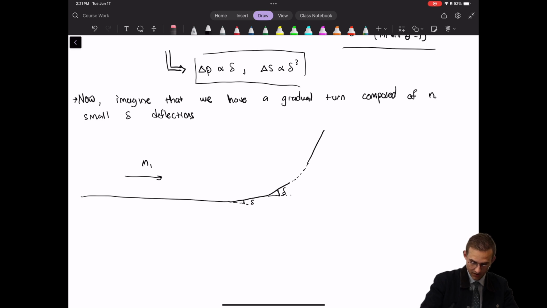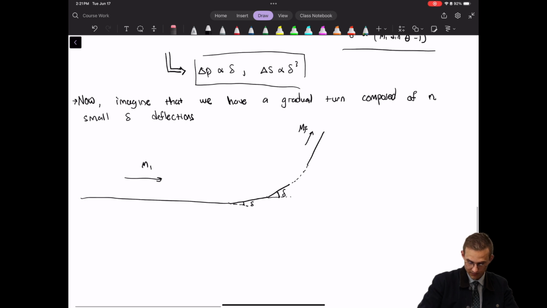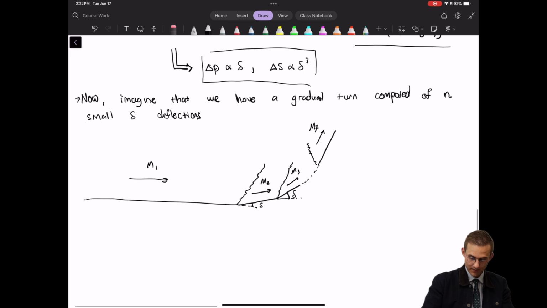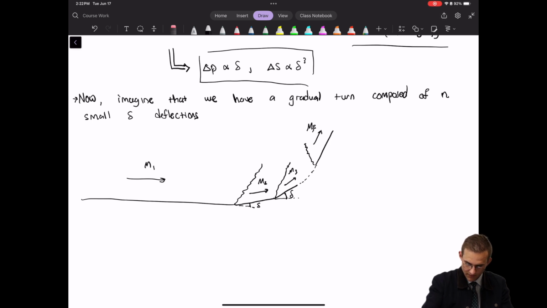Okay, and we have a very weak oblique shock that results from each of these small deflections. This would be M2 after the first shock, and then we have M3 after the second shock, and so on until we reach this M final after the last shock. Okay, and so what you end up with is,